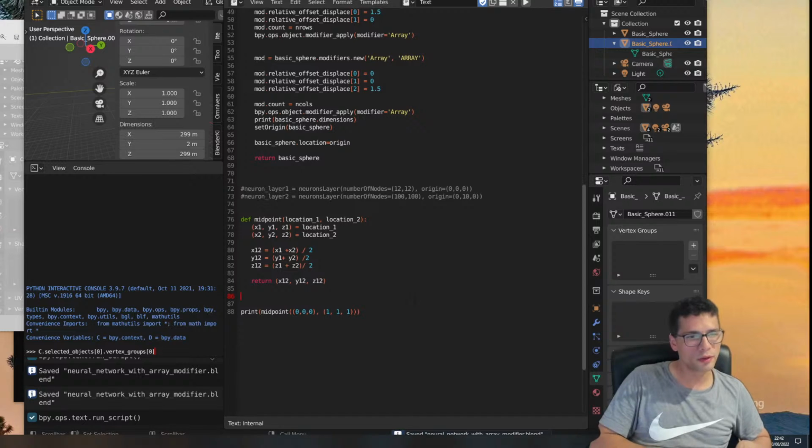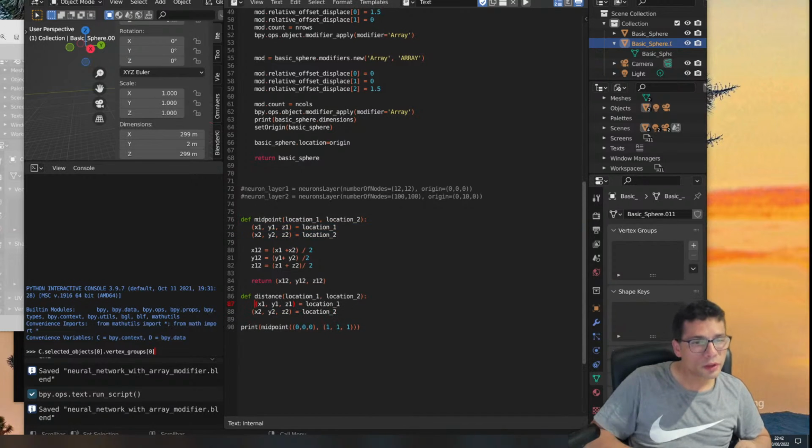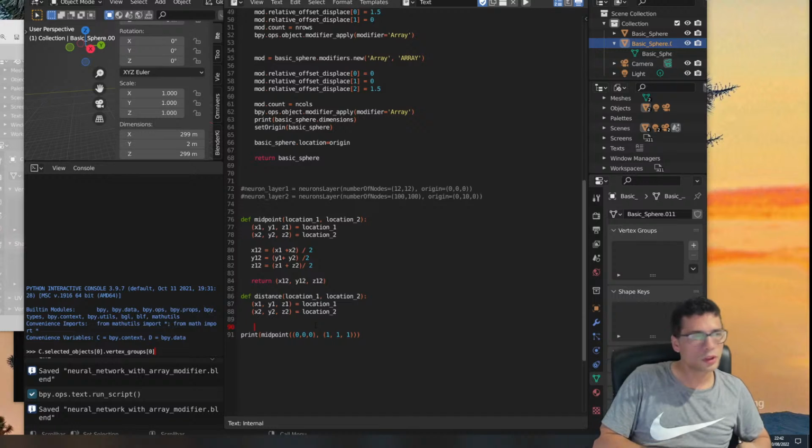Make sure I save this first. So distance between location 1 and location 2 is, yeah, I'm going to copy and paste this. We have, okay, so the distance will be the mathematical formula. So distance equal to math.sqrt,